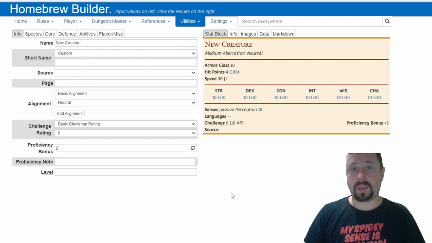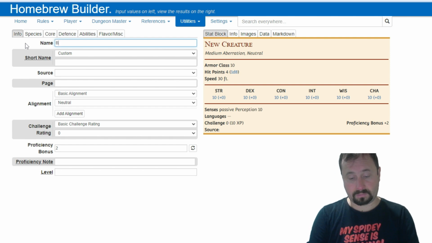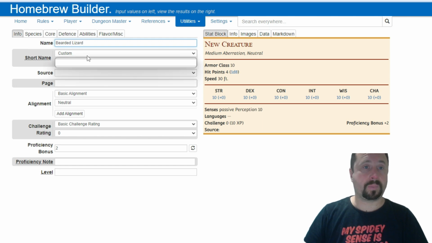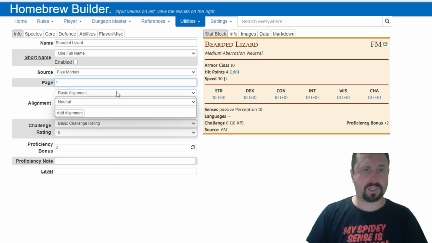I've gone ahead and done that already. So we've got the Flea Mortal source that's been basically picked to obviously use here. But as you can see, we can call this the lizard. Alright, we can use the full name, we can set the source, we can set the page, we